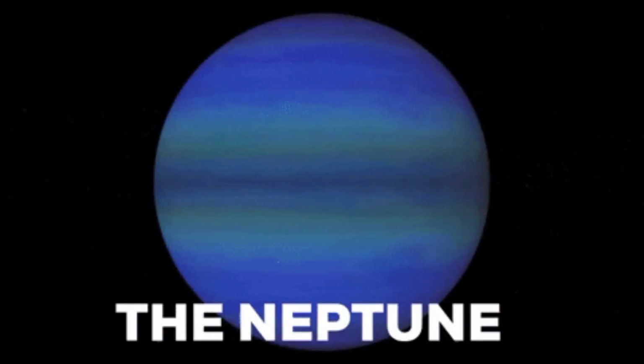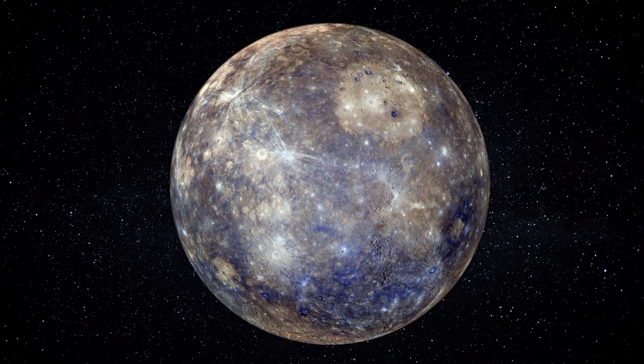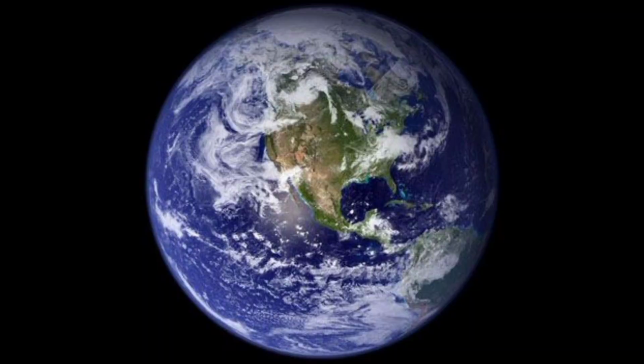And the last, Neptune. One orbit around the sun, 164 years. One spin on axis, 16 hours 7 minutes. Number of moons, 13. Now one more thing: the first 4 planets, Mercury, Venus, Earth and Mars,